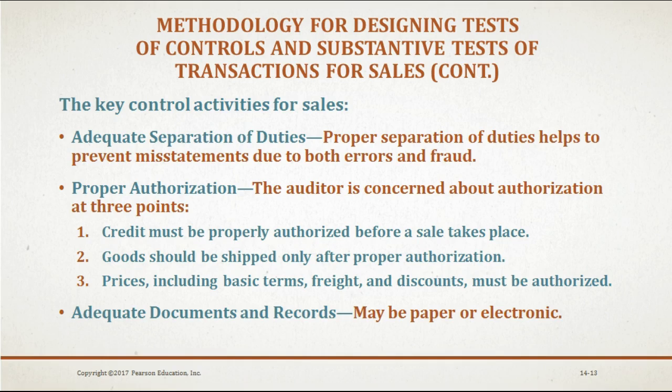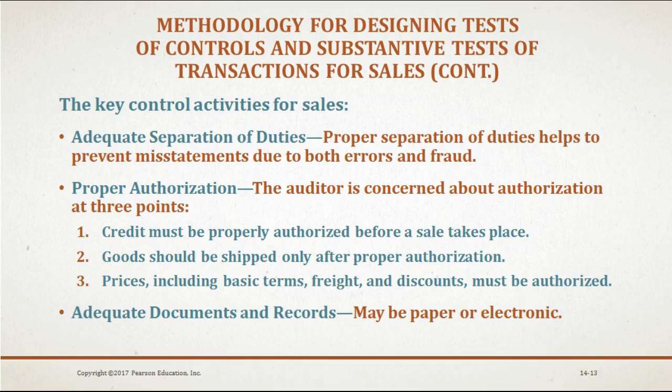The key control activities for sales include adequate separation of duties, which helps to prevent misstatements due to both errors and fraud. The auditor is concerned about proper authorization at 3 points: credit must be properly authorized before a sale takes place, goods should be shipped only after proper authorization, and prices, including basic terms, freight, and discounts, must be